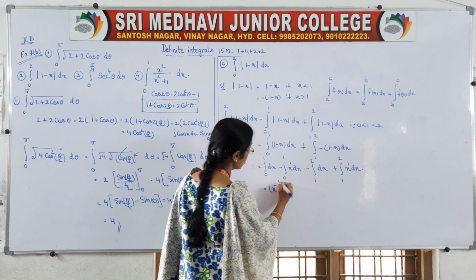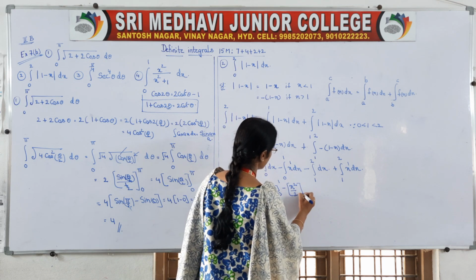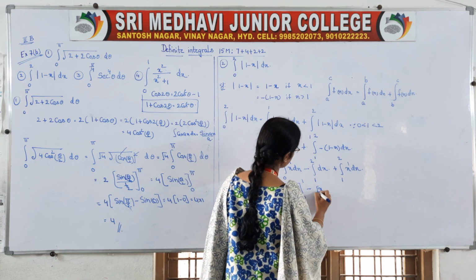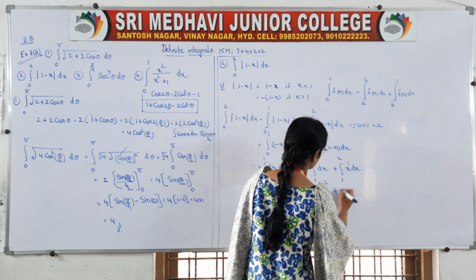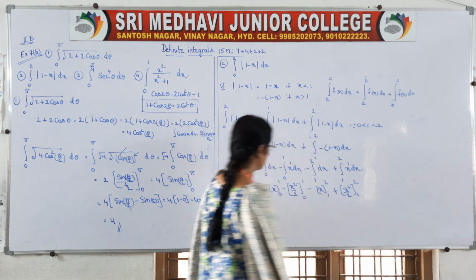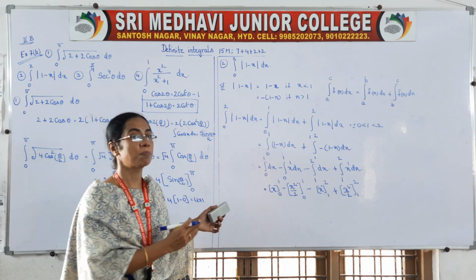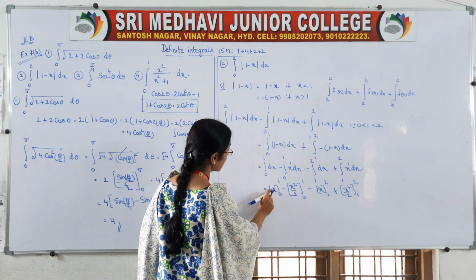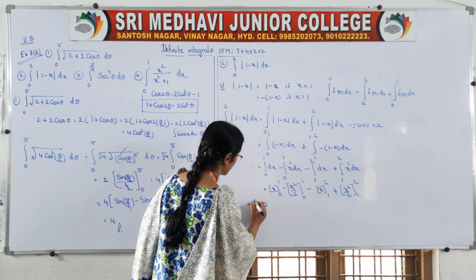You take 0 to 1, minus x square by 2, this is 0 to 1. So same thing, minus integral dx is x, this is 1 to 2, limits are different, right? Plus this is x square by 2, the limits are 1 to 2. While ending the problem, be careful, take the limits correctly, and first upper limit minus lower limit, that is the procedure. So in x place first upper limit 1 minus in x place lower limit 0.